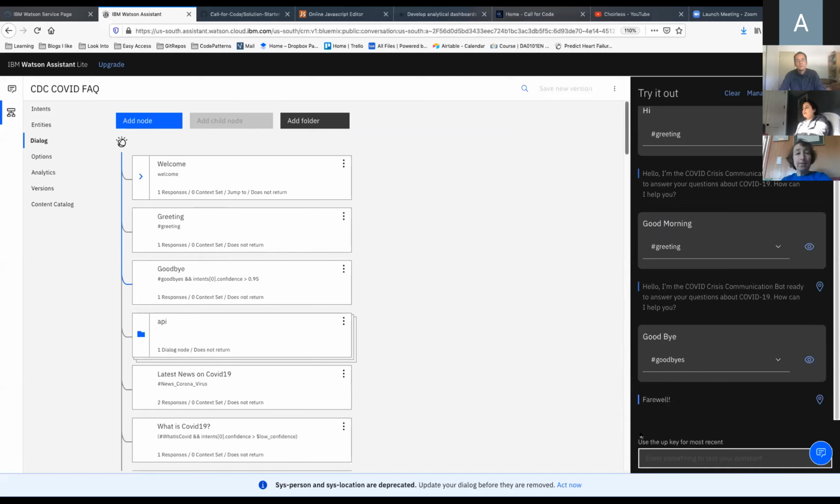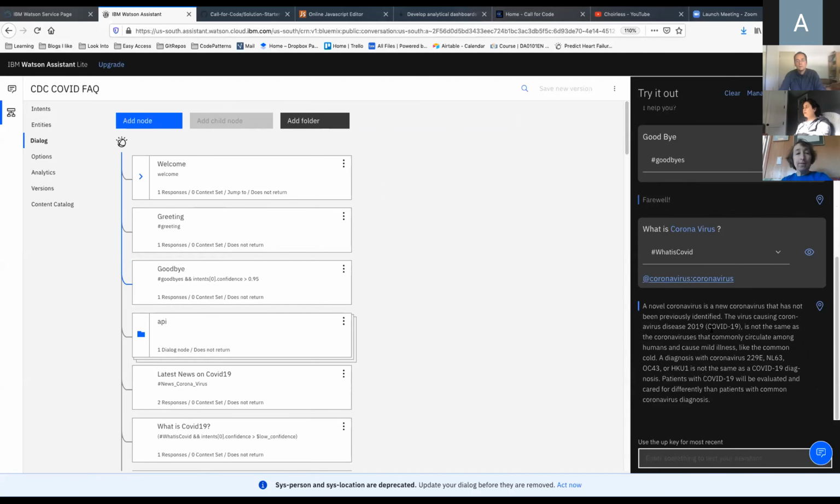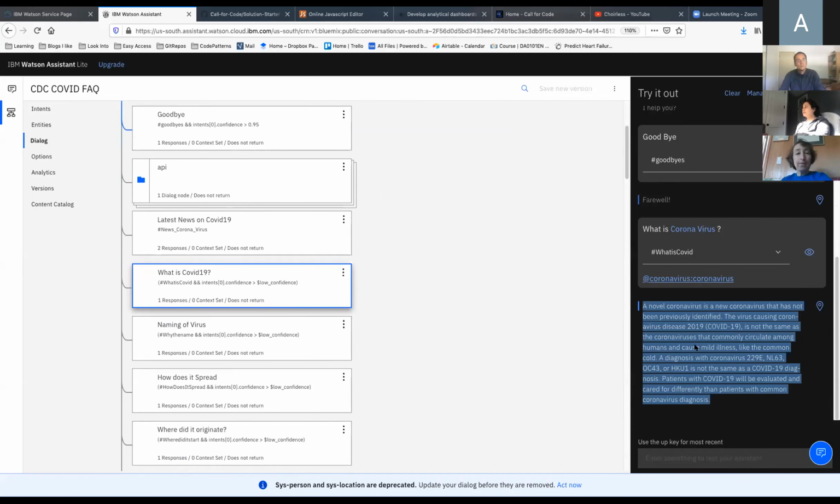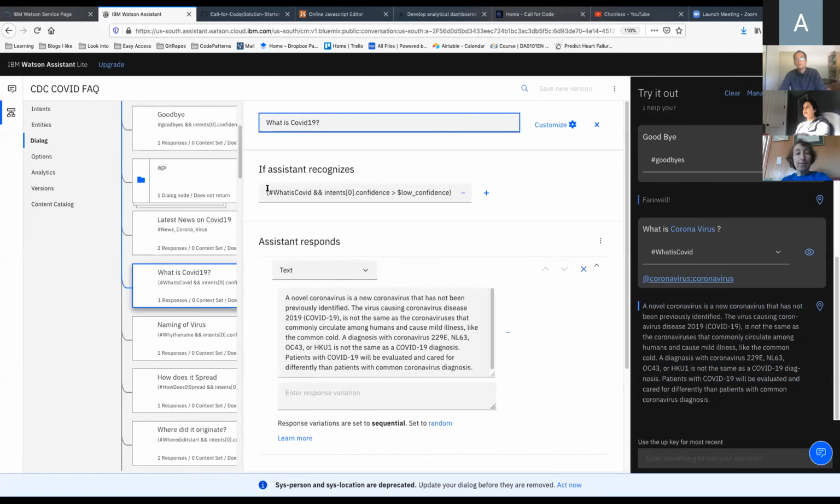But let's ask it some questions here. Let's ask, what is coronavirus? So basically what happens here is it's giving us the response for what is COVID. If anybody asks what is COVID, it will respond with this text.